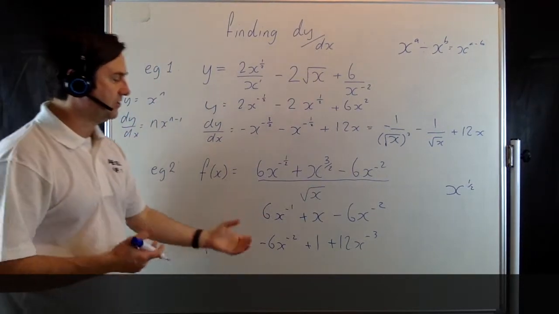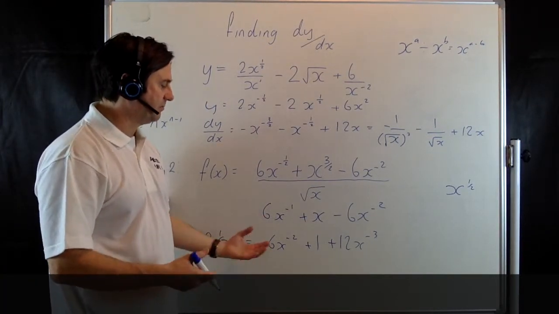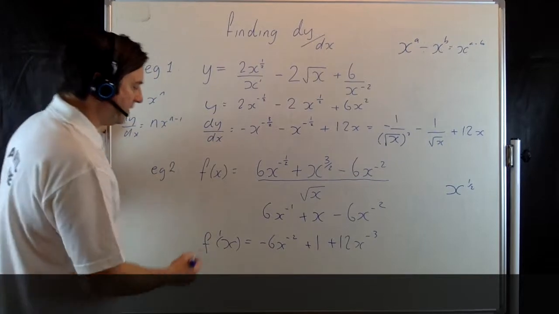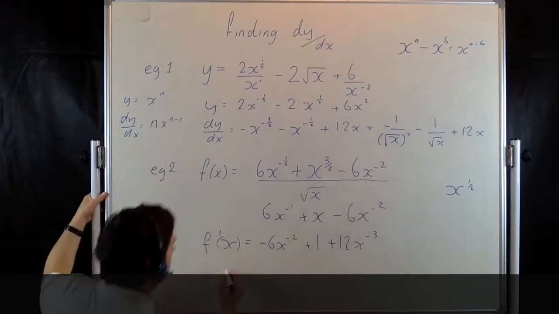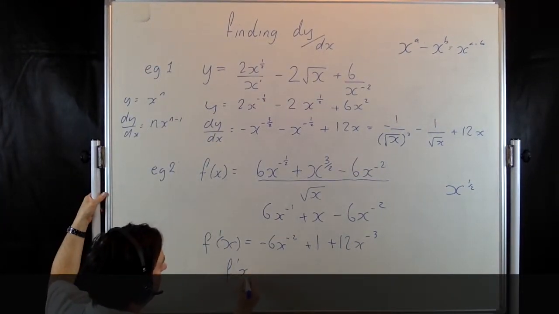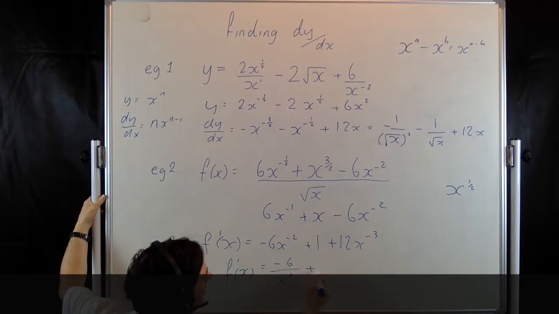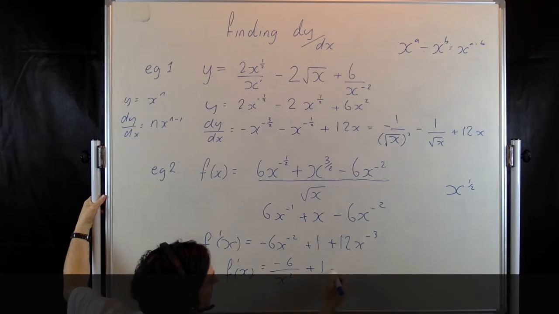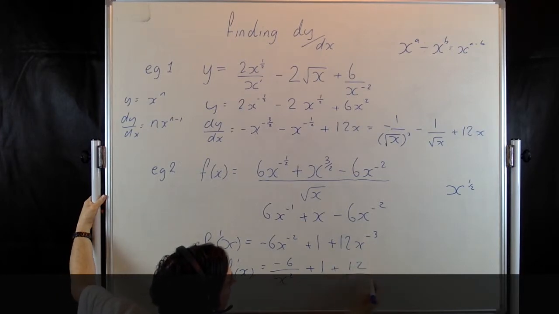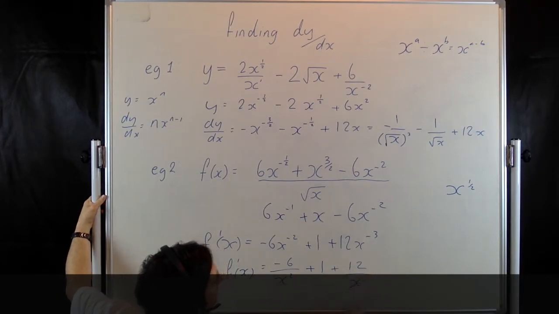If we wanted to change it so it was easier or simpler to put x values in, we can easily do that, because all we do is this becomes minus 6 over x squared. The negative power becomes positive when you move it to the bottom. The 1 stays, and then again with this one, plus 12 over x to the positive